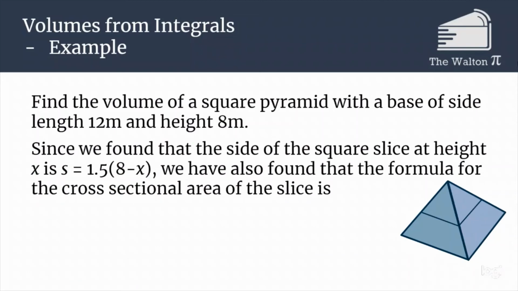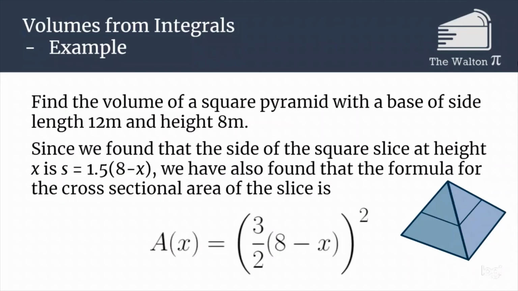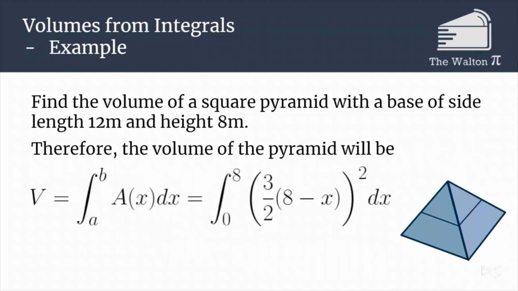What we then need to do is figure out the area of a slice. The area is just the side length squared since it's a square. So the area is going to be 3 halves of 8 minus x, squared. Our volume is the integral from a to b, start of the object to the end of the object, of our area function times dx. So it's going to be the integral from 0 to 8 of 3 halves times 8 minus x, all squared,